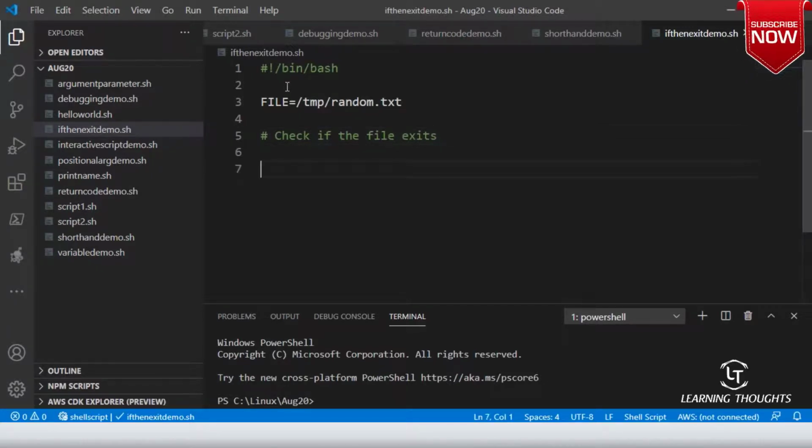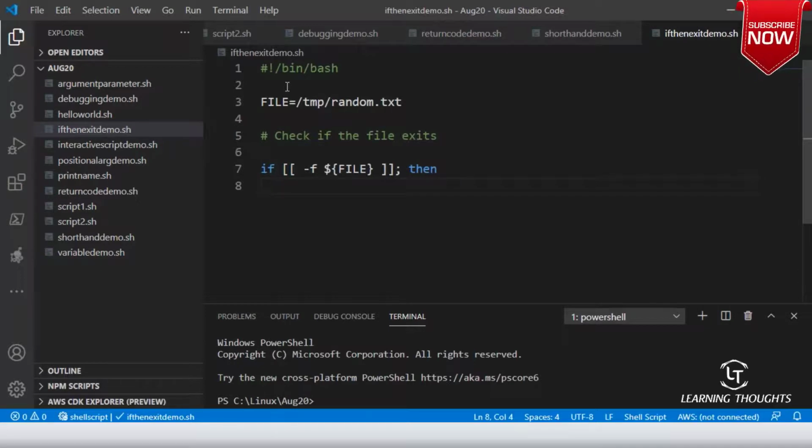So the if condition will be executed when I tell it: if -f $file. This means that if the file exists, then what do I need to do?